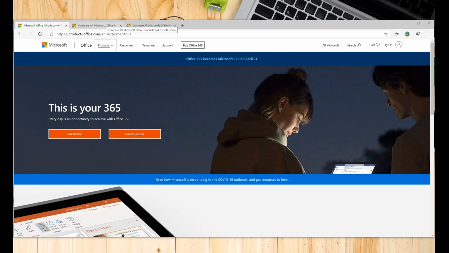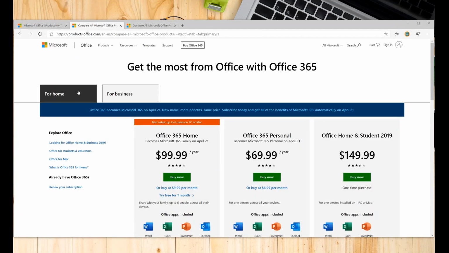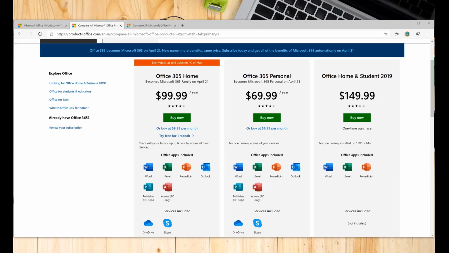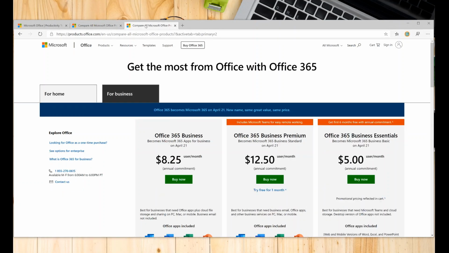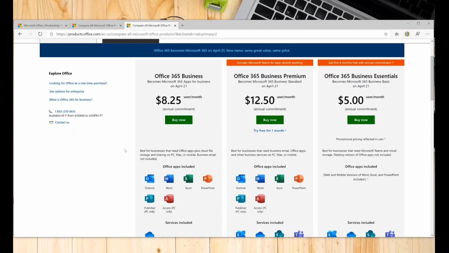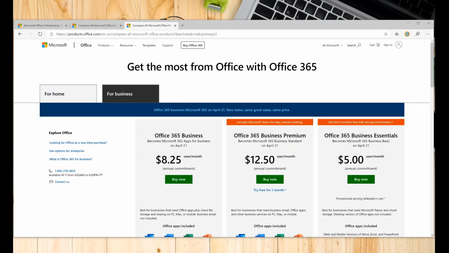So when you click on either of those links, in terms of plans of pricing, you'll find the home version goes to this page, which then gives you the options for the personal Office 365 accounts, which is called Office 365 for Home. You'll then, on the business side, see also options for business accounts, and this will be called Office 365 for Business, although it's important to note at this point that Microsoft